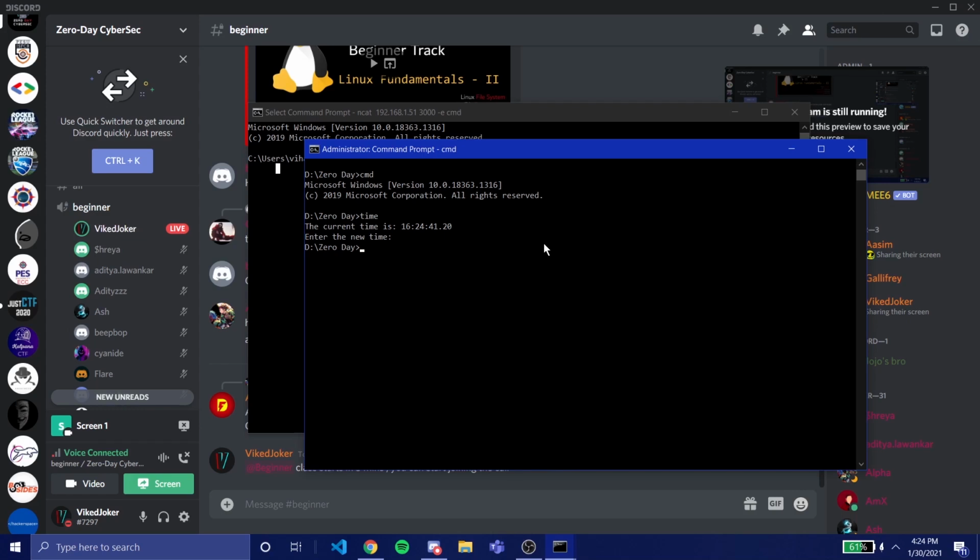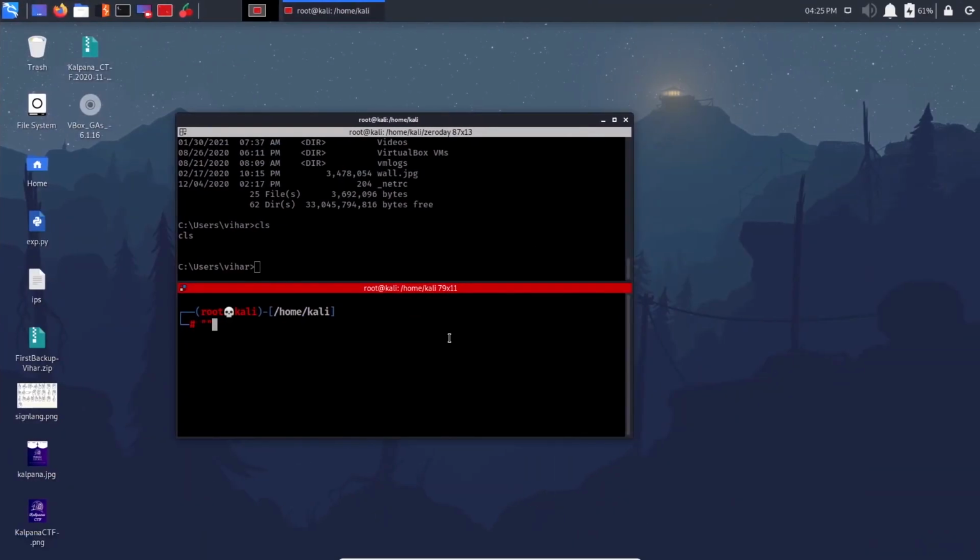So that's it. The find command exists the same way it does in Linux. Echo, if you remember, was to display any content to the terminal itself. If I do echo hi, it will print hi there. It works exactly the same as it does in Linux.